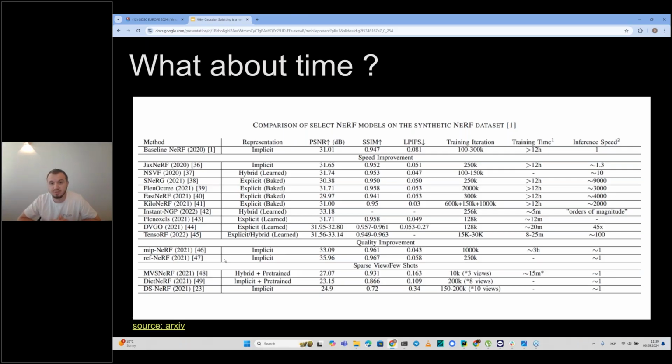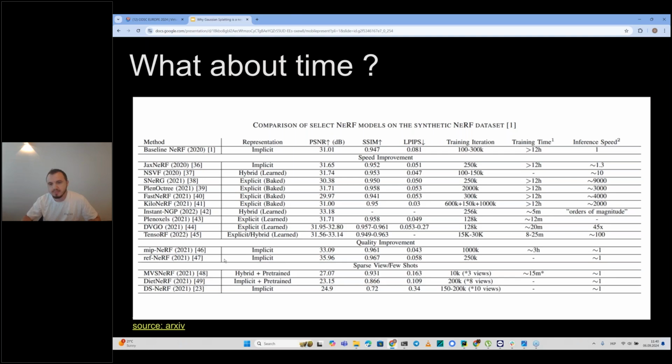So the first generation of neural radiance field neural networks was pretty slow in training. Sometimes it can take up to a few days or at least tens of hours of training on pretty high-end GPUs. And then it can take up to seconds or even minutes to reconstruct one frame. Usually seconds, but still extremely slow.